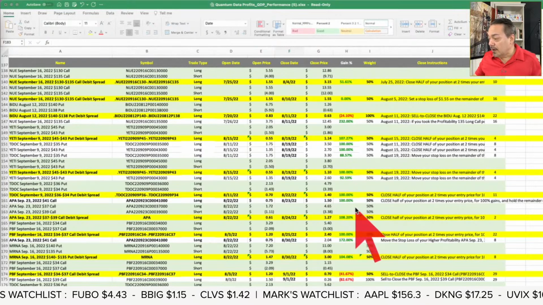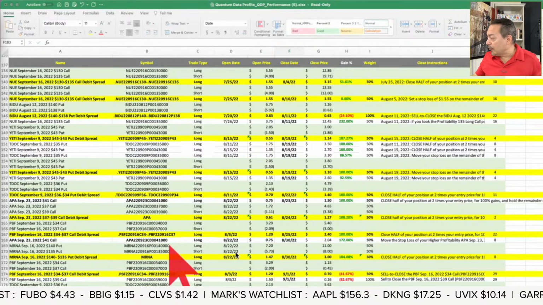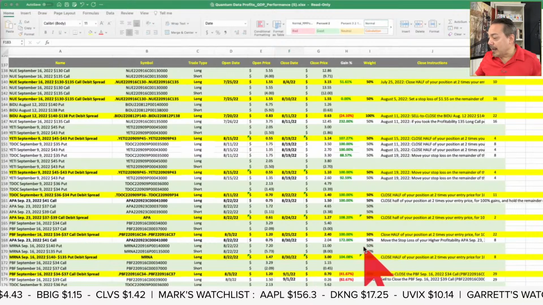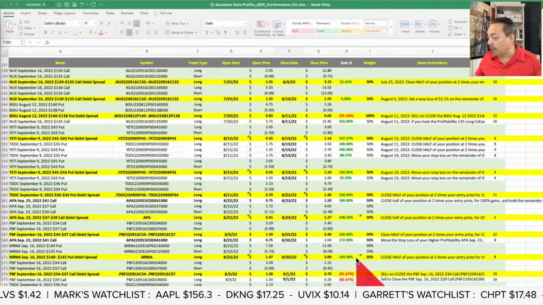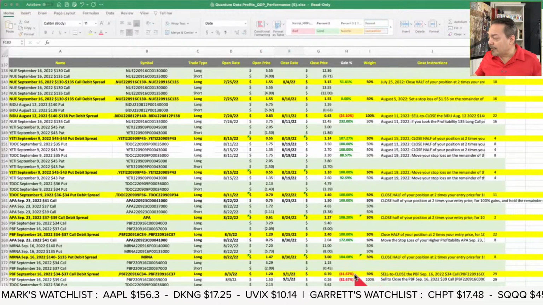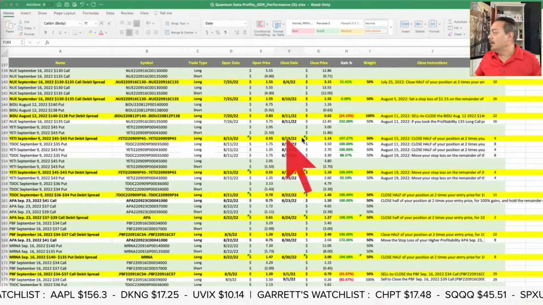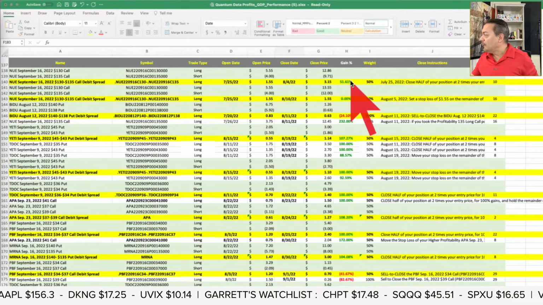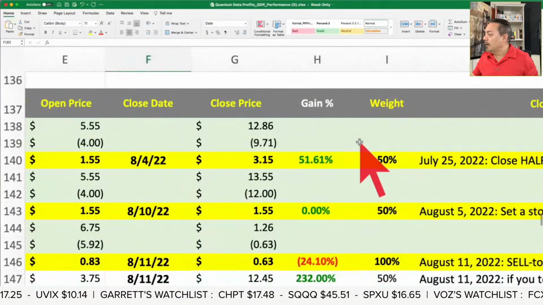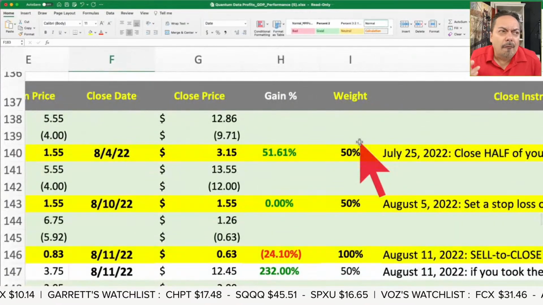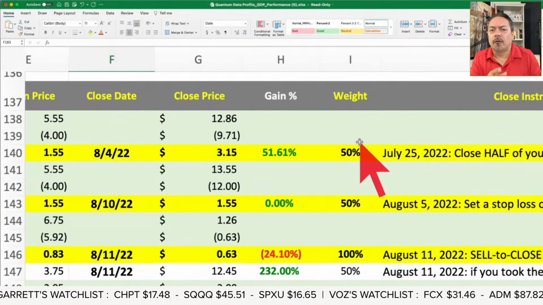Back in August. And then we've got PBF on here. That was a 100% return. Then we got an APA, 172% return. MNRA, 104% return. And there's a couple of losers down there at the bottom. But, I mean, look at all of this cheddar, as I like to say, right there. So, Eric, we did 12 winners in a row before we caught our first loser.